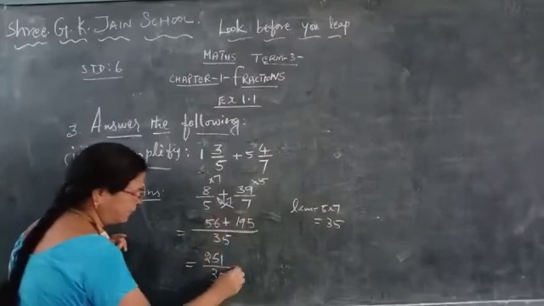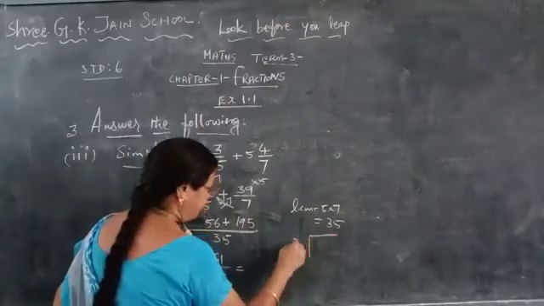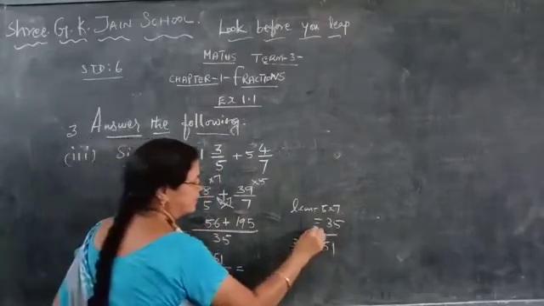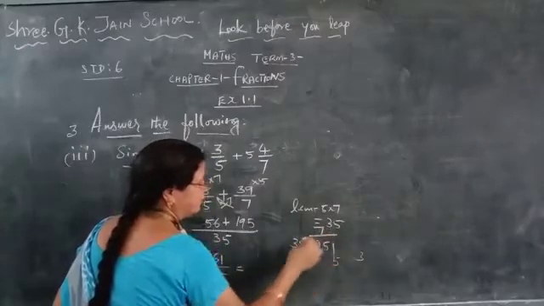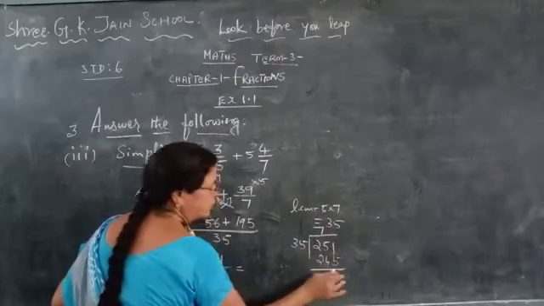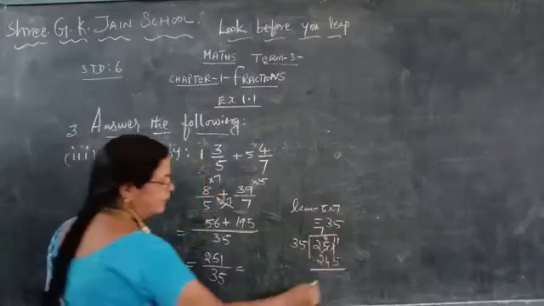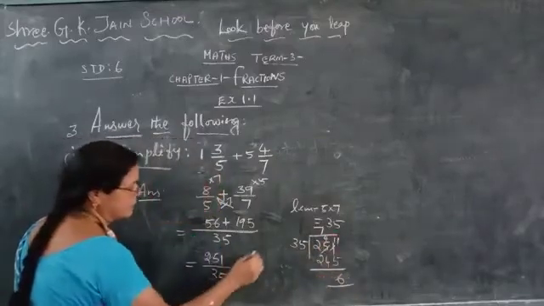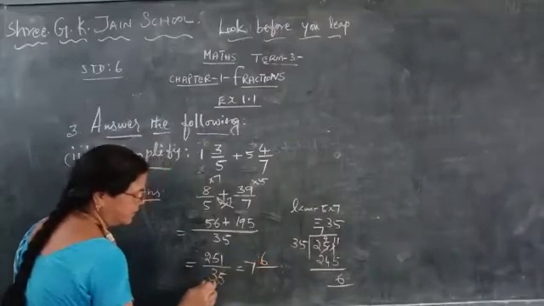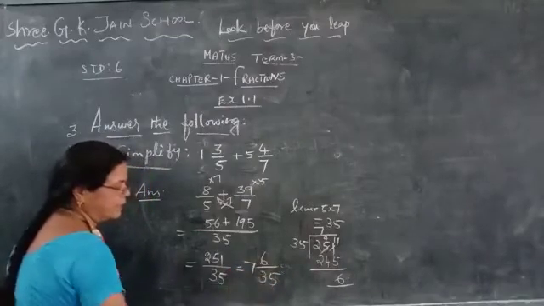If you are going to divide this number by 35, see here, 35 and 251, how much will you get? 35 7s are how much? So 245 you are getting. Now minusing how much will you get? Here 4 it will become 11. So 11 minus 5 how much will you get? 6, isn't it? Now your answer is the quotient will come on the side and the remainder will come at the numerator and the denominator should be the same. Remember that. So 7, 6 by 35.